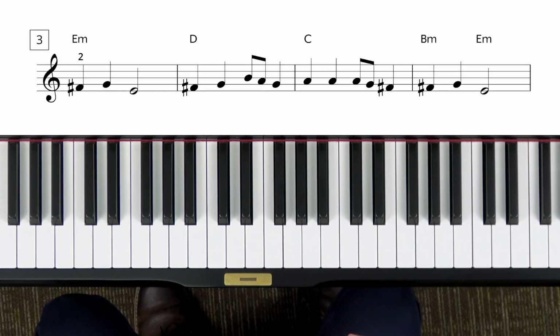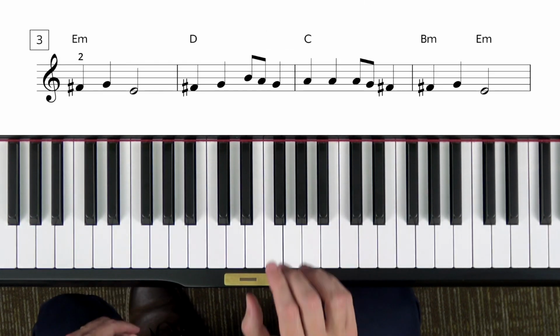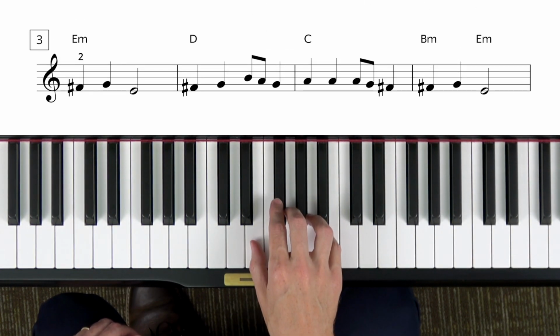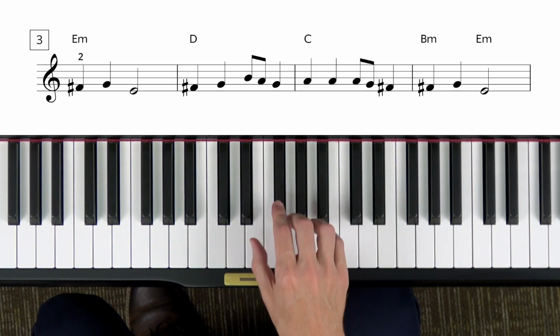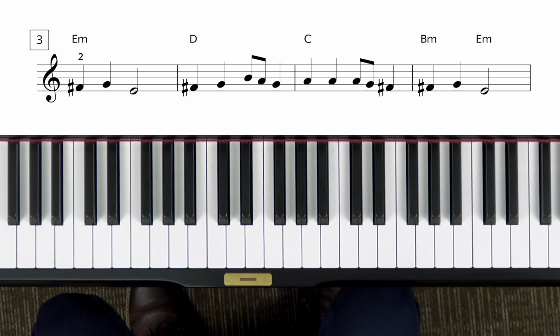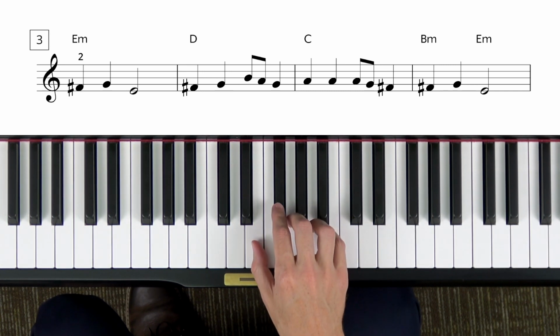Now let's talk about your practicing this week. I'd like you to get confident playing just the right hand alone. You'll notice there wasn't a bass clef part, and that's because this is written in lead sheet style with chord symbols, which we'll learn in a later lesson. So for now, just work on the right hand part, and when you're ready, you can try playing along with the backing track. The backing track will be a lot of fun. You'll hear an introduction, and then when you hear 4 clicks, then you start playing in measure 3.